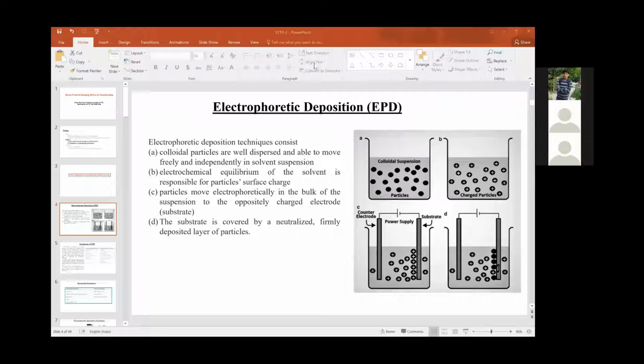I will come to this point, what things we need to take care of during the EPD technique. Mostly, the particles move electrophoretically and are deposited, but if the substrate is not neutralized, then we cannot get a uniform film, or else we cannot get the film.